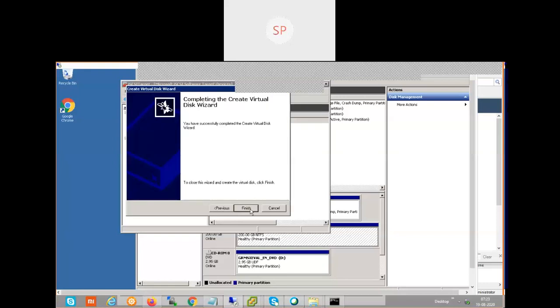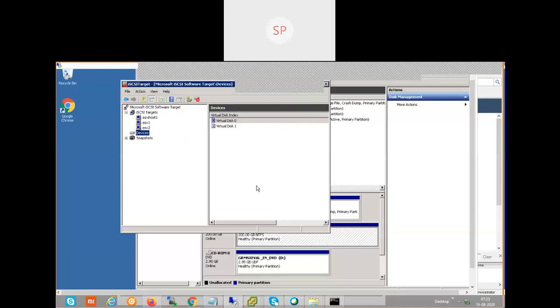We are going to see the differentiation, how it is visible at the destination, whether assigned to both ESXi hosts or an individual ESXi host. Without assigning the target here, the visibility is not going to come to the ESXi host. Click finish.